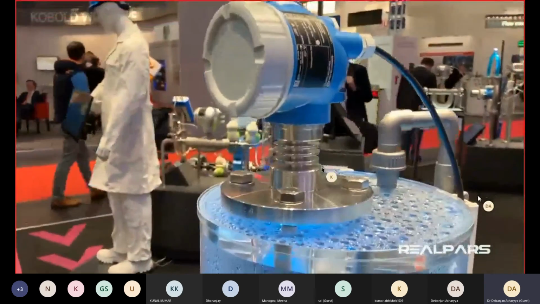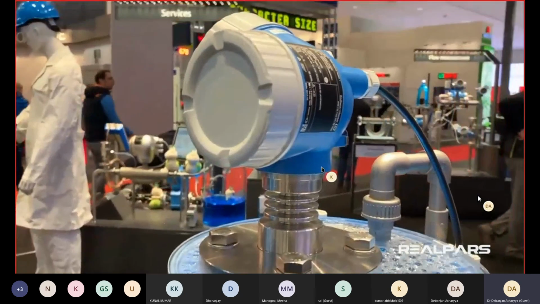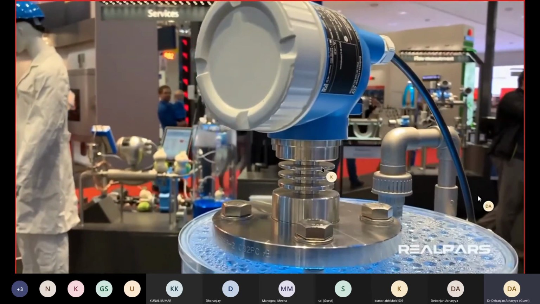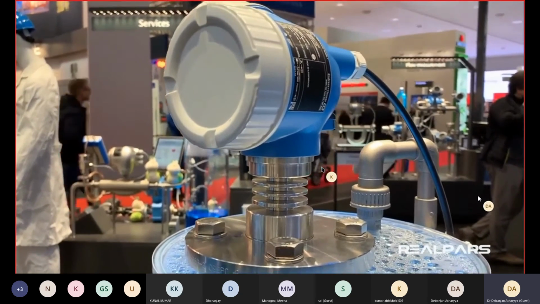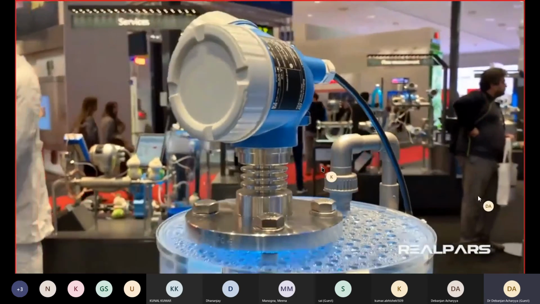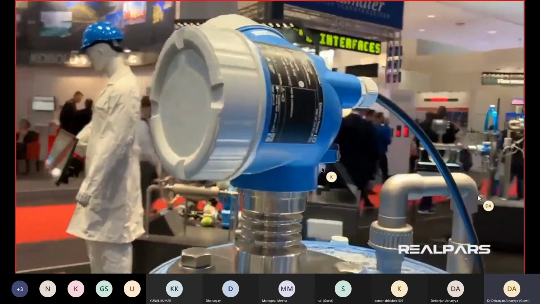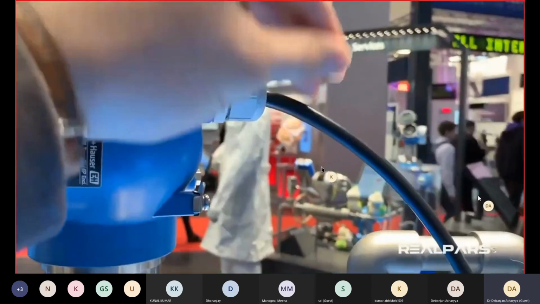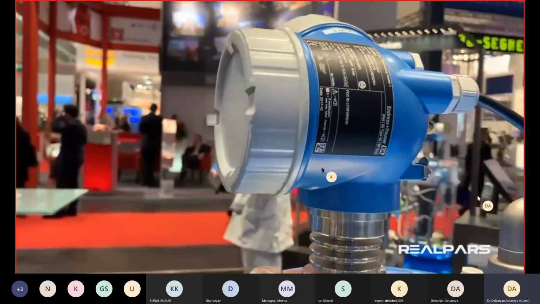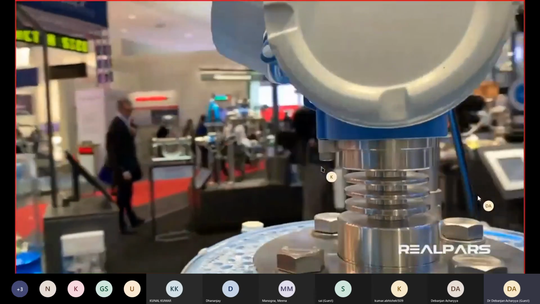But this one that we have here measures the level of the liquid inside the tank as a whole, like the measure of the whole liquid, not just at some point, and sends that signal from here. The signal goes to the PLC input, and then